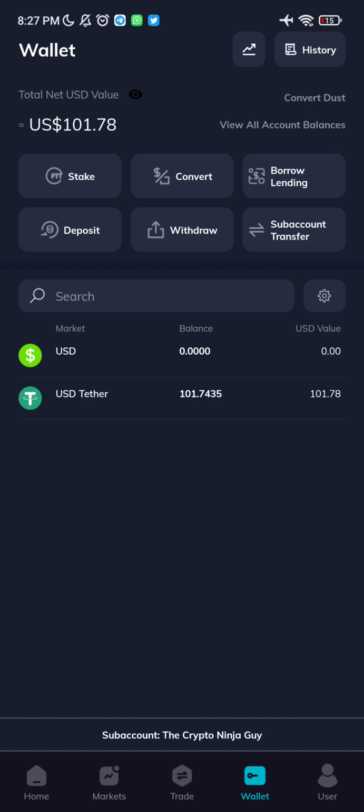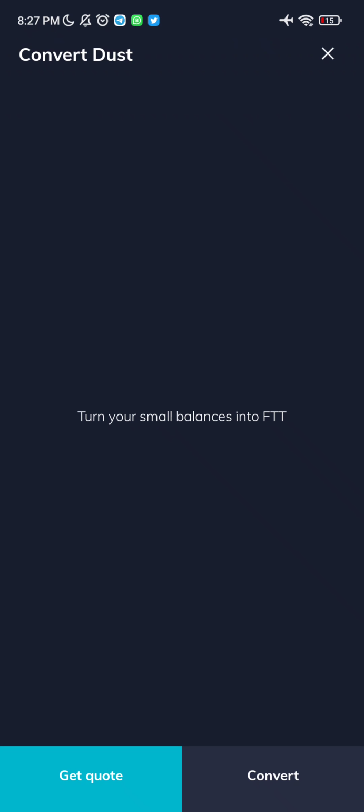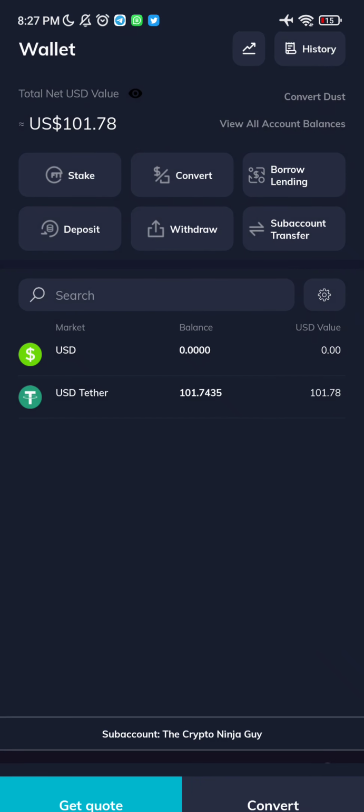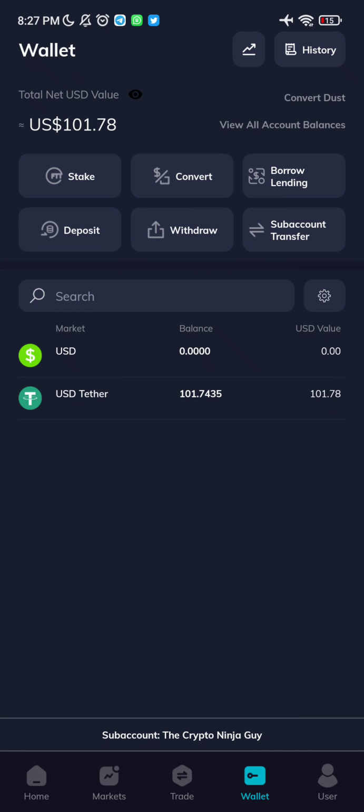Dusts are minimum or very, very small amounts of several other cryptocurrencies or altcoins. Let's assume I have something like 0.0000000 BNB. That's a dust. It's not even up to a huge amount of value. It can be about 20 cents in US dollars, or even about 1 cent. But that's dust in cryptocurrency, and we can convert it easily to FTT rather than having it fill your account. So I can just click on convert dust and convert them to FTT tokens, and I'm good to go. I don't actually have dust, so that's why I'm not being shown some